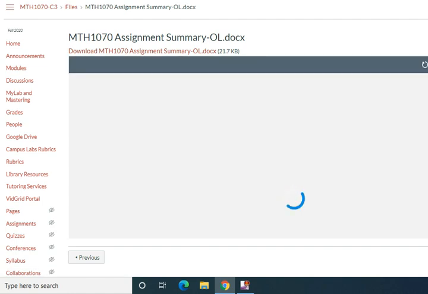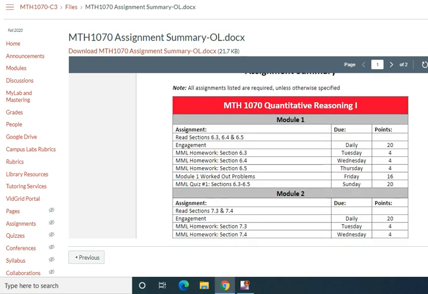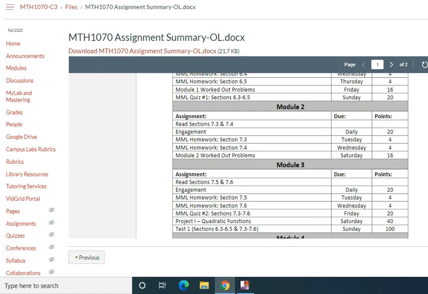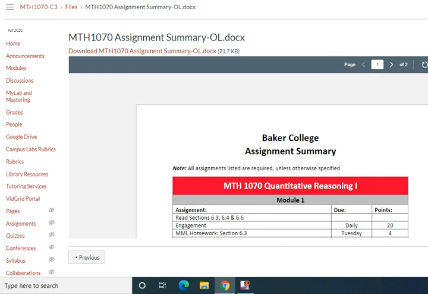Okay, so let's take a look at assignment summary. Again, I print it out. I'd like you to do the same. Always work ahead, not behind, especially in an online environment because we go so quick. Okay, so here you can see, here's our first week. Engagement is worth 20 points, and we'll get to that in a minute, but notice it's the same amount of points as a quiz. So engagement, which is participation in the class and participating in discussions, is really important towards your grade. We have 8 weeks, that's 20 times 8, that's 160 points. Okay, so you can just follow this week by week and you can see when things are due.